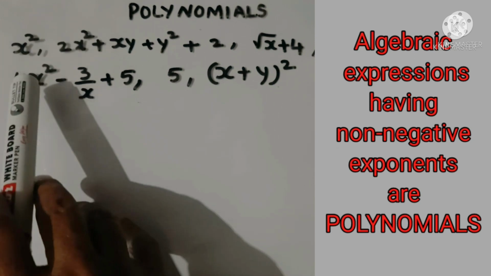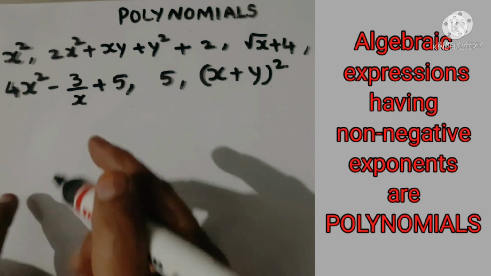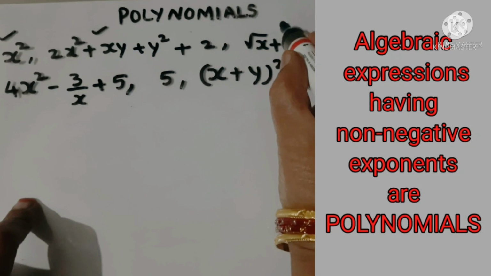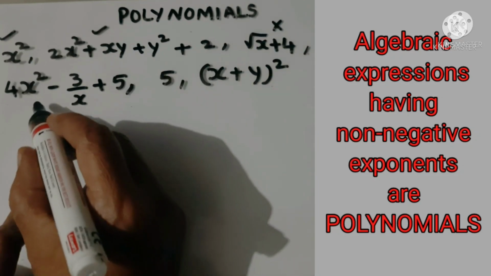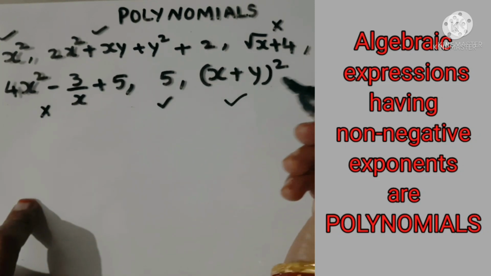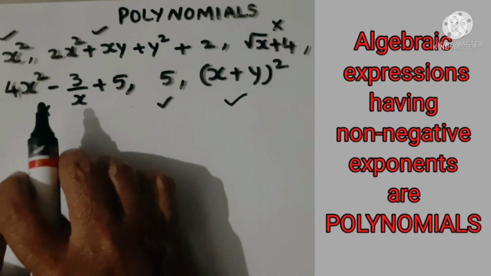Look at the polynomials again. So which are the polynomials here? Let us put a tick mark. This is a polynomial and this is also a polynomial. This is not a polynomial. This is also a polynomial. This is not a polynomial. This is a polynomial and this is also a polynomial. If we observe these carefully,